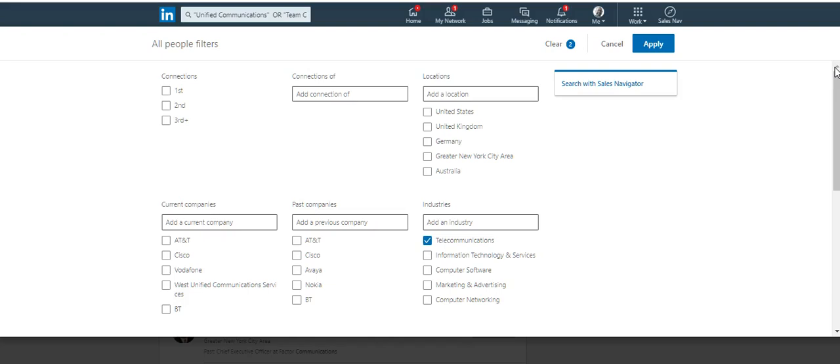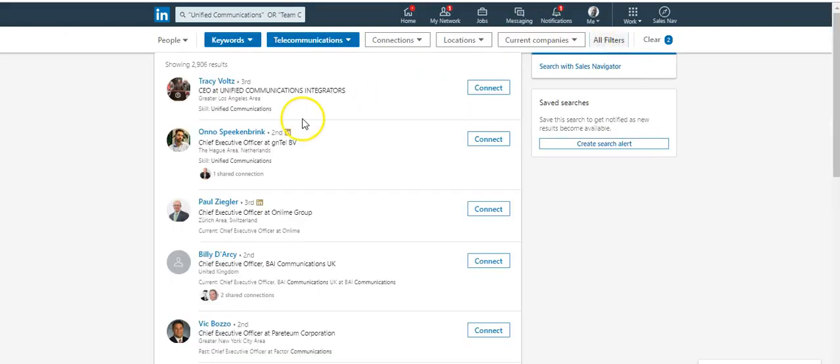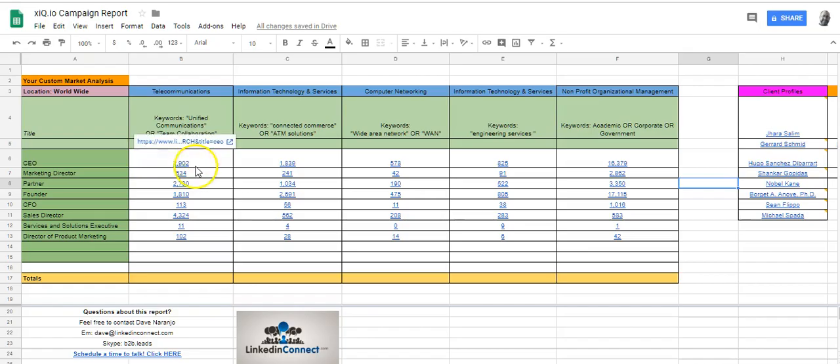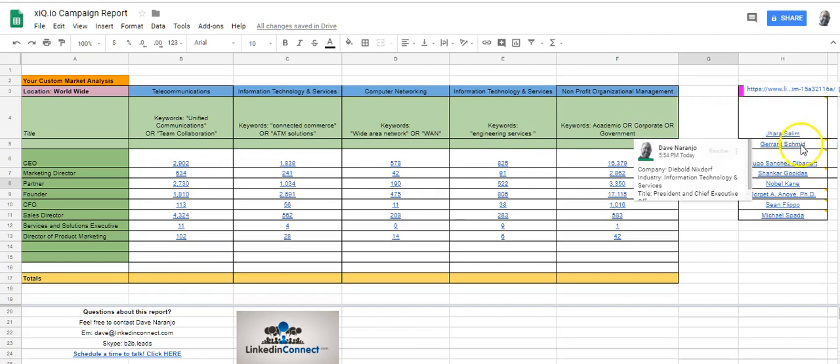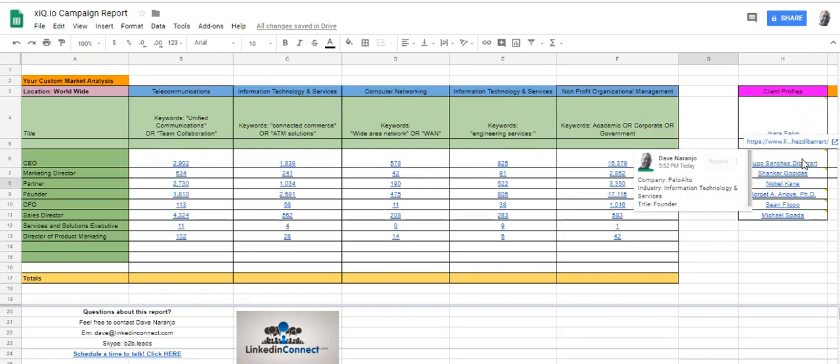The only thing you can't target with free profiles is company size, and I think that's the only relevant thing here. It would be nice, but you can't. But the keywords and the titles should get you very close to the company sizes that you're looking for if you just think of the strategy in the right way, okay? So these are those people, the CEOs in the telecommunications industry, that should look the most like